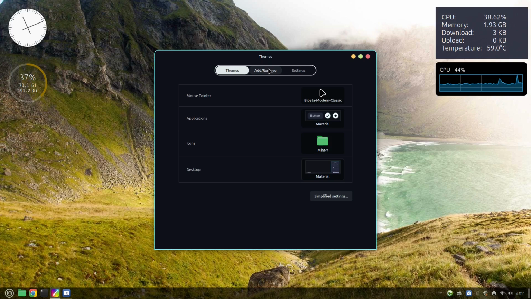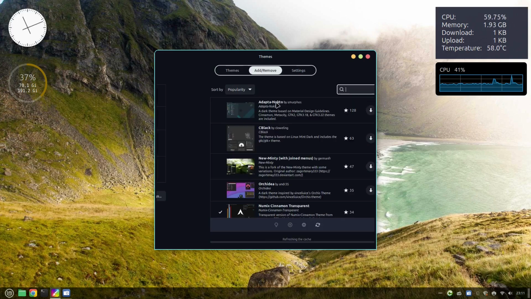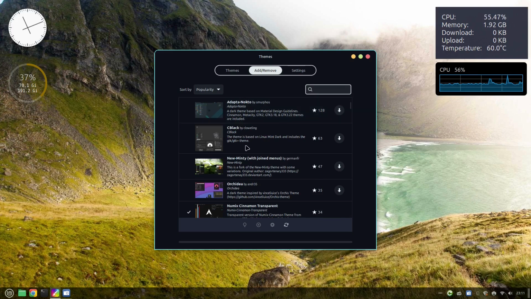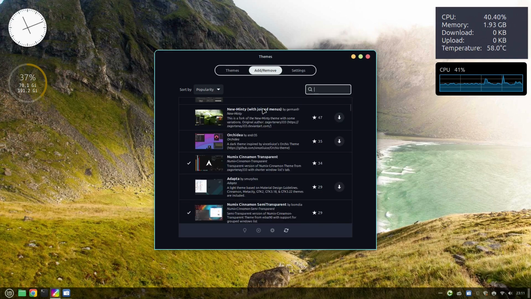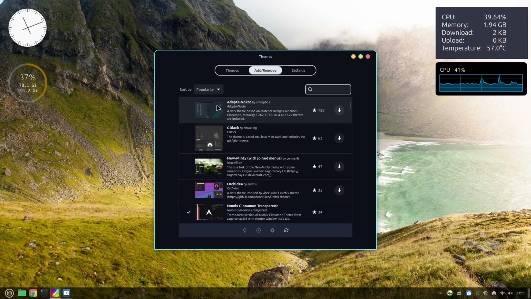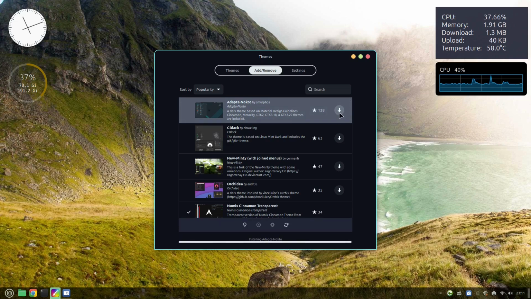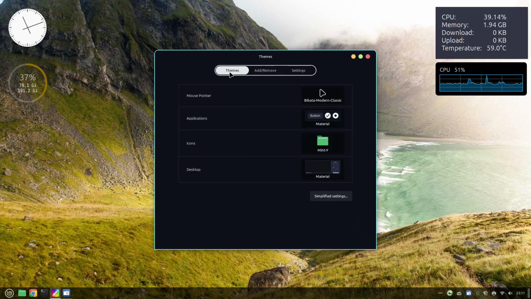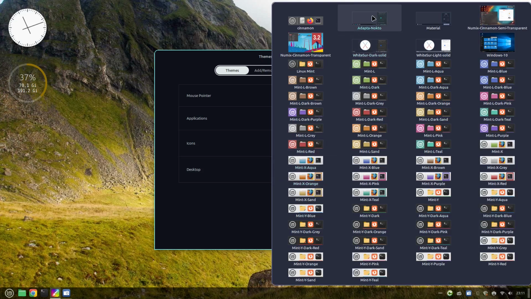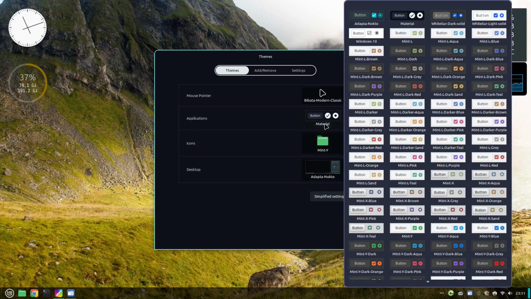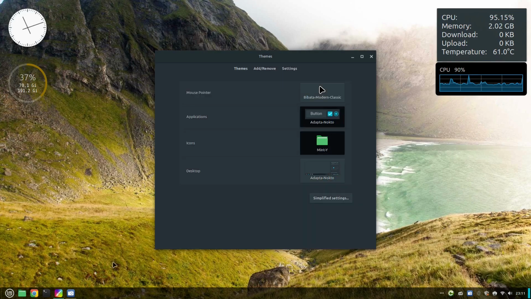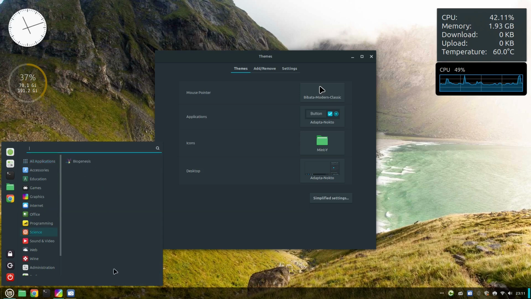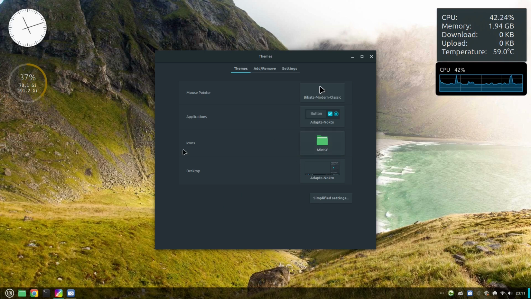It's worth noting you can install your own themes. So if we go into the themes here it will show you a list of themes by popularity, so you can install any one you want, and all you have to do, so the most popular one is obviously this adapter Nocto, so if I click here and click download we can have a look at that. So if we go into themes and we click here and we click here and we've got this one here, so you can see how that's changed the menu system there, and that's apparently one of the most popular themes there is. You can also have icon themes,